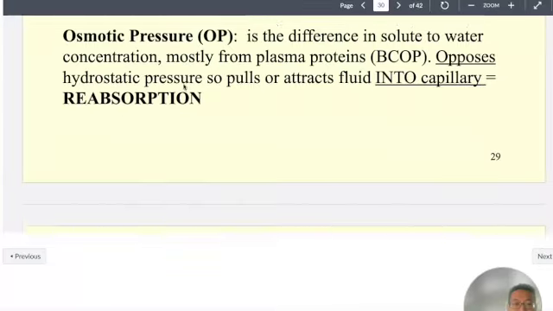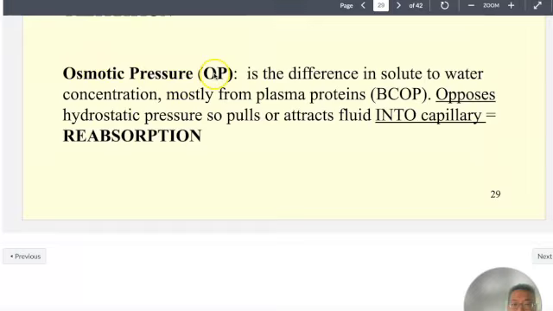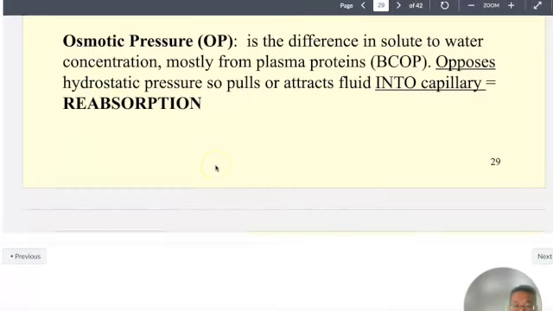That is what osmotic pressure is, the difference in solute to water concentration. Mostly the plasma protein opposes hydrostatic pressure,